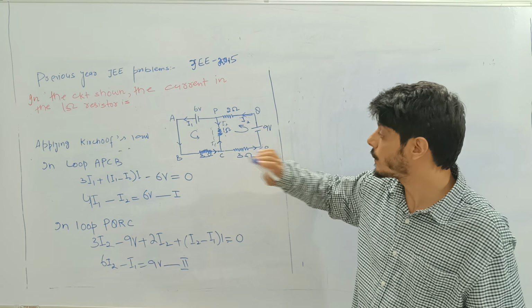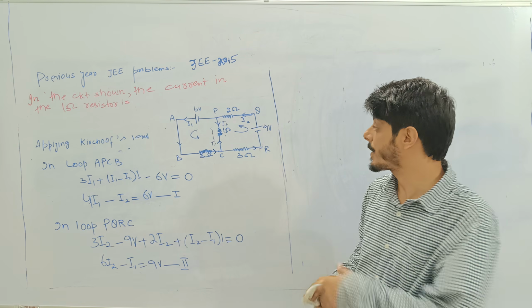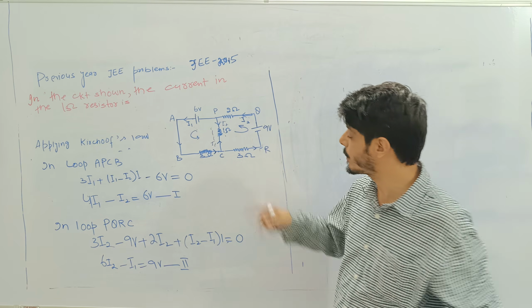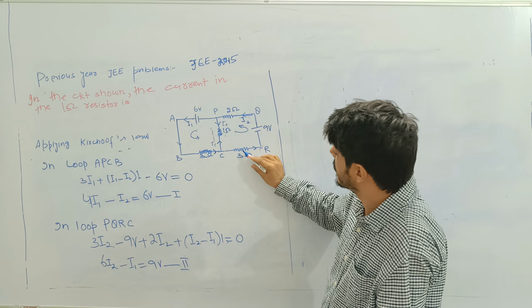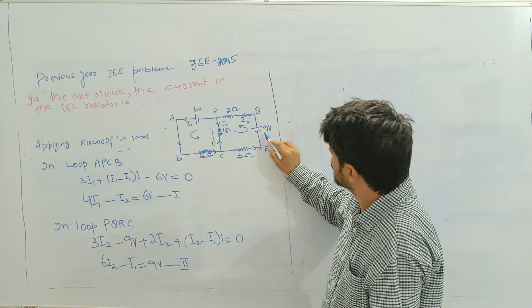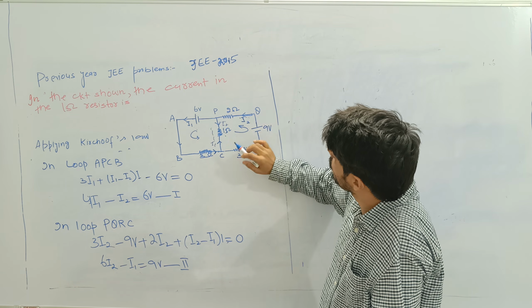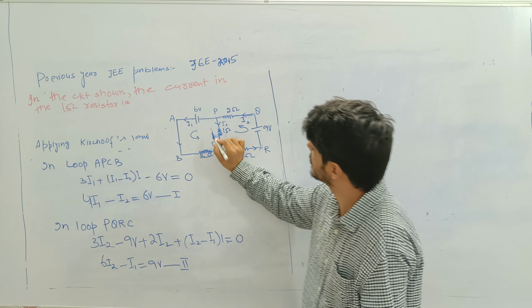Then second, we are considering the loop PQRC. After applying Kirchhoff's law, I2 is in that direction, so it means 3 times I2 minus 9 volt plus 2I2 plus (I2 minus I1), because here it is